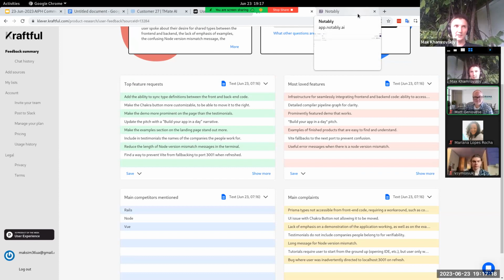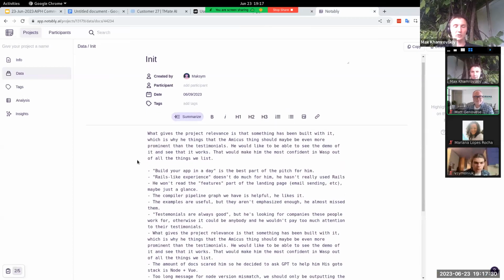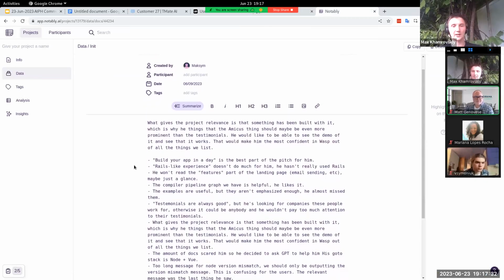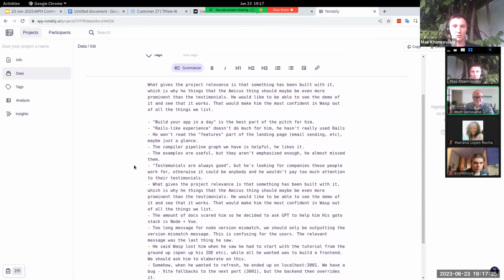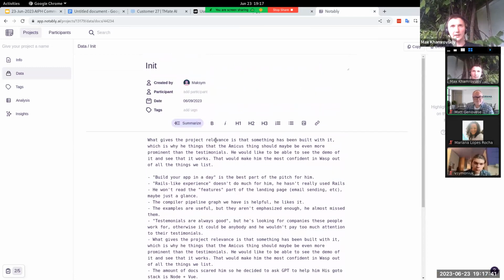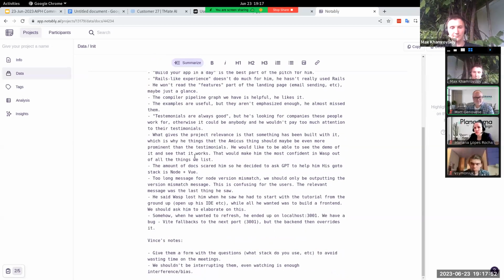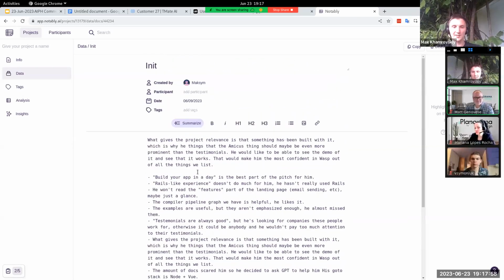And the last app that I've seen people are using extensively for the user interview is Notably. So I've had this data point over here, and the only thing that I did not like about that is that it requires a lot of manual intervention. So you need to basically insert the text by yourself and then try to highlight everything and make the summaries on your own. So that is kind of inconvenient, since we are talking about AI tools that are able to pull different insights out of the